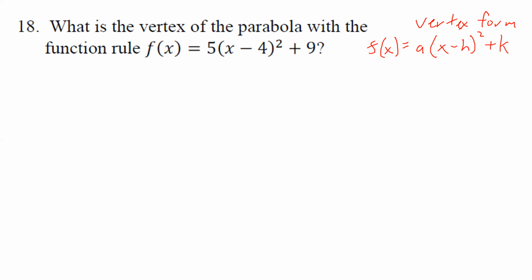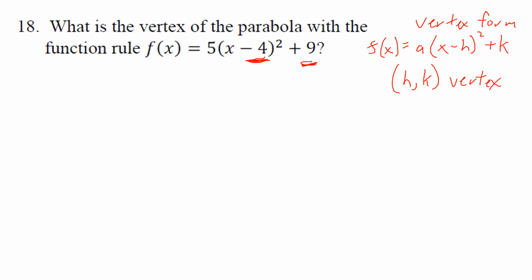Sometimes they use an H and a K. Sometimes they use this would be C and D. Again, it doesn't matter. What this is telling us though, when it's in this format, it's called vertex form for a reason. H and K is the vertex. So on here, all we have to do is identify where's the H, where's the K, and pull them out